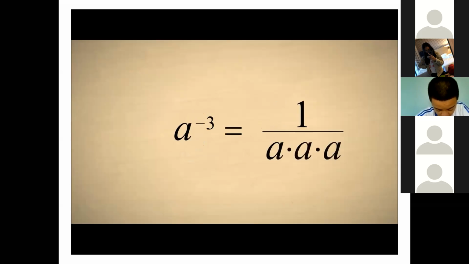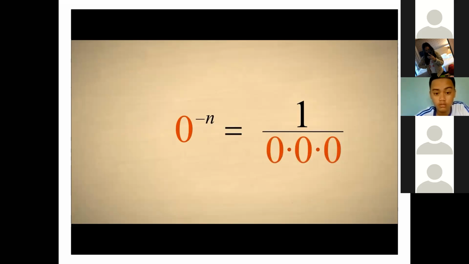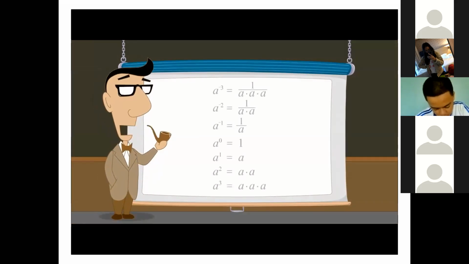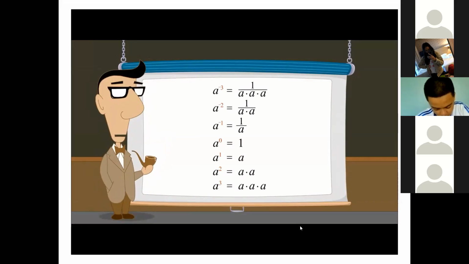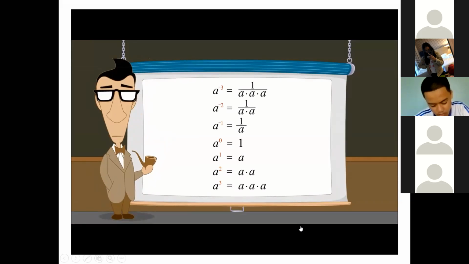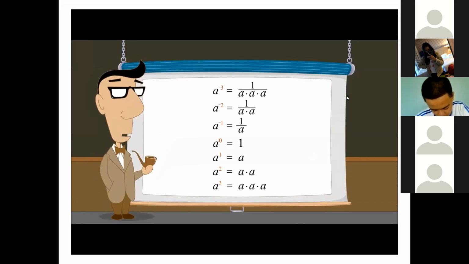For example, a to the negative 3rd power is equal to 1 over a cubed, or 1 over a times a times a. The only number that cannot have a negative exponent is 0, since this would be the same as 1 over 0. And dividing by 0 is meaningless. So now we know the meaning of any integer exponent, and the rules of adding and subtracting exponents work in every case. In our next lecture, we will see how exponents...